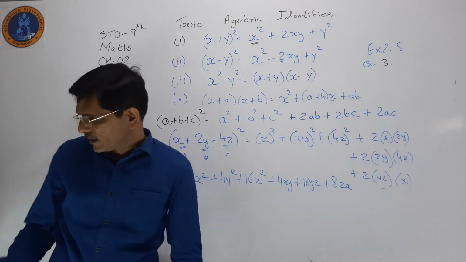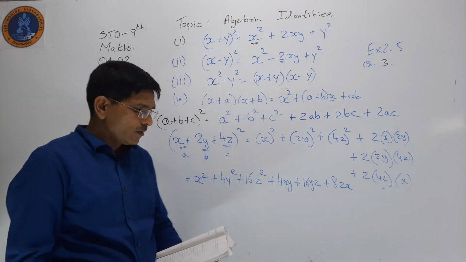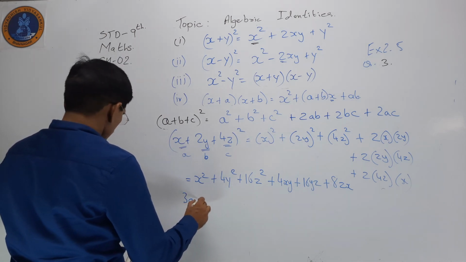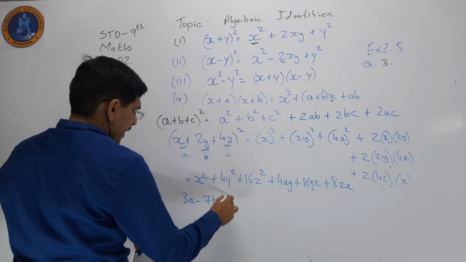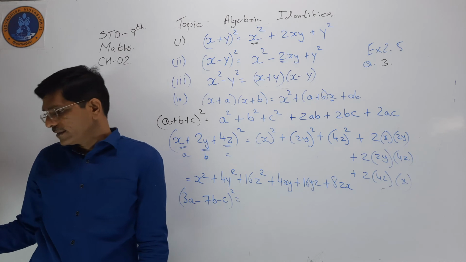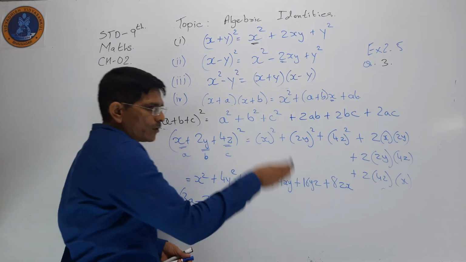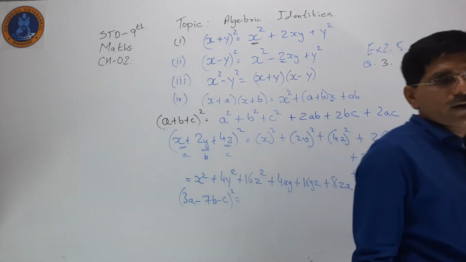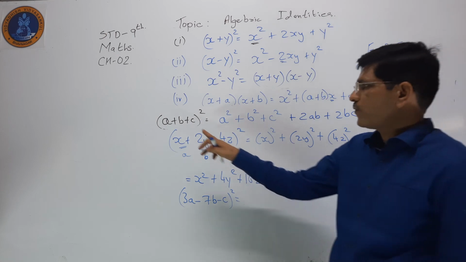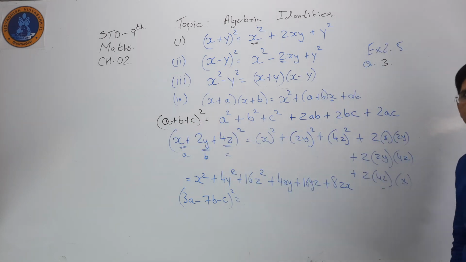One more sum I think we have to do. So one more sum now. We have to take the minus, that is 3a minus 7b minus c whole squared. Let me try this negative digit sum. First try it yourself, then we go. First try it yourself. What do we have to do again? 1, 2, 3 terms are there. So a, b, c, 1, 2, 3, 4, 5 and 6 terms must be in your answer.